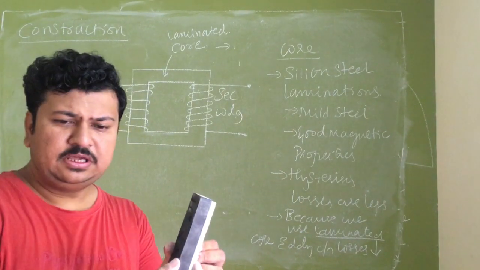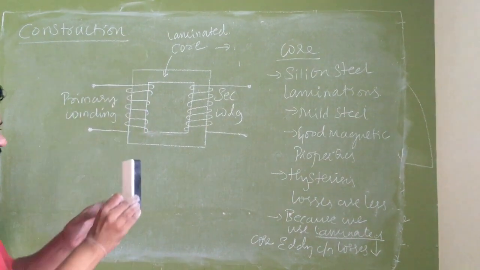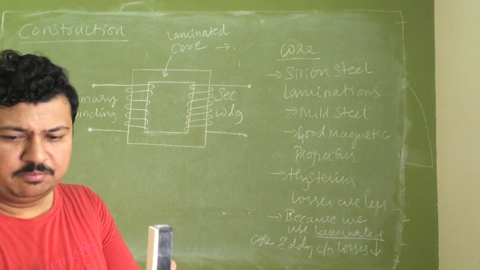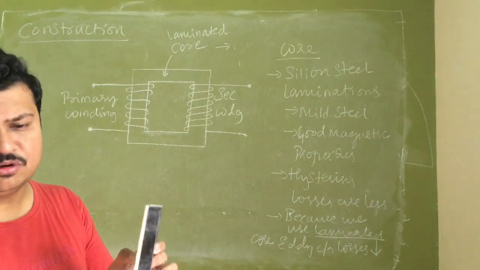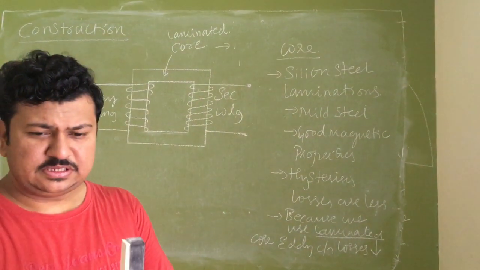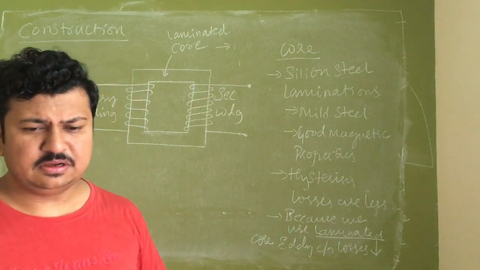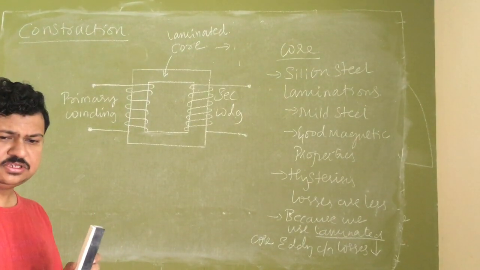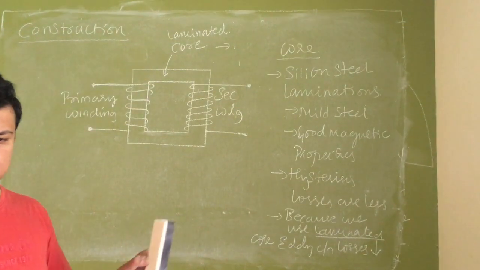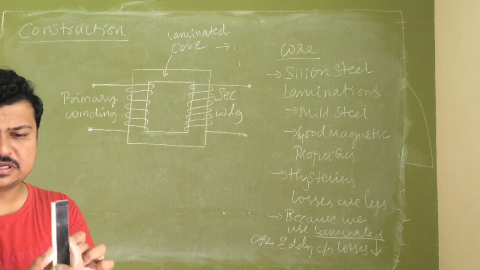So this is the thick core. Now if I use this itself as the core, this is of solid thickness, but I don't use a solid thick core. I generally use the laminated core. What do you mean by laminated is, instead of using a single thickness of silicon steel, I use very thin silicon steel sheets. The thickness of one silicon steel sheet is not even 1 mm. And I will join them together. When I join them together, it will give me sufficient mechanical thickness and strength.